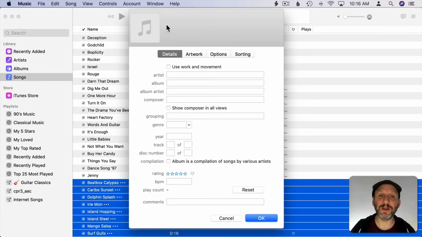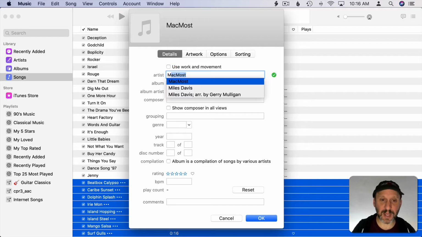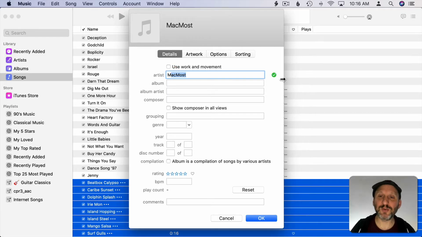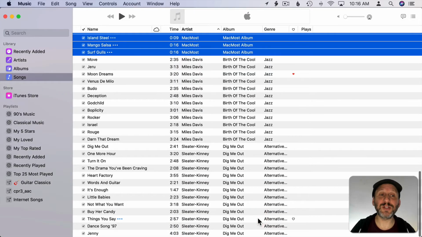And you can see here it looks a little bit different when you're editing things as a group. But anything you set can actually change what's there. Matter of fact, if I go into Artist and I type MacMost, see this green check mark here? That's saying I'm going to replace the artist for all of the songs selected. And if I change the album, it's going to be a green check mark there too, saying, all right, I'm changing that. So the two green check marks indicate what it is that I'm changing. Now when I hit OK, it's going to change it for all of those.